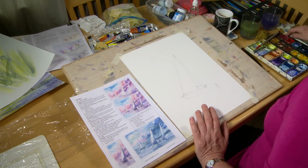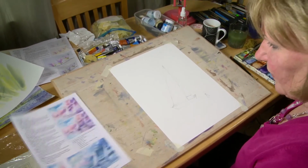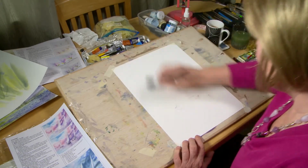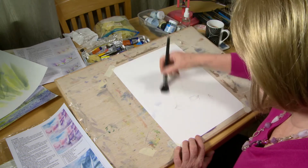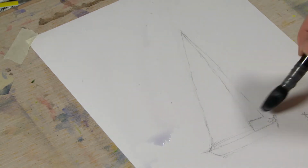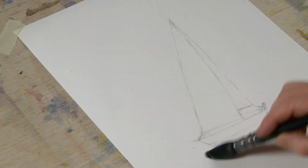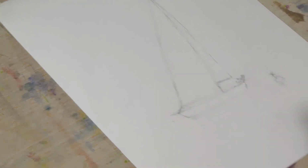And where have I put my mop brush? There it is. So we're going to wet this paper all over. Just move that out of the way. We're going to wet this all over so it's staying nice and glossy wet up to the edge of the boat. Now don't wet the sails of the boat here, but you can go over the little man leaning out of the boat there, and we're just going to wet that round here a little bit in the middle there,